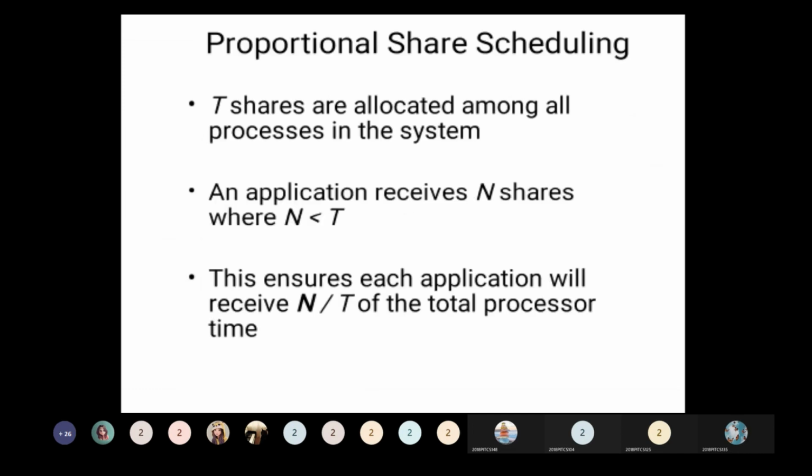Next scheduling is proportional share scheduling. Here the time shares are allocated among all the processes in the system. There will be a fair sharing of the time among all the processes. Each process will get N by T of the total